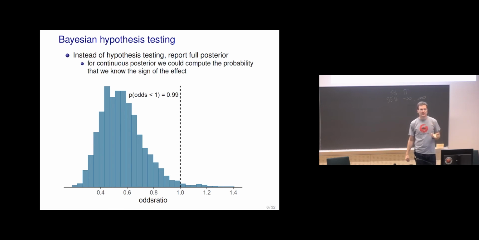One way would be to just think about the probability that we know the sign, in which direction this is. Is this treatment beneficial? And now this says that, okay, it's a 99% probability that the treatment is beneficial. It doesn't say anything about the magnitude, but it says 99% beneficial. This could also be one way